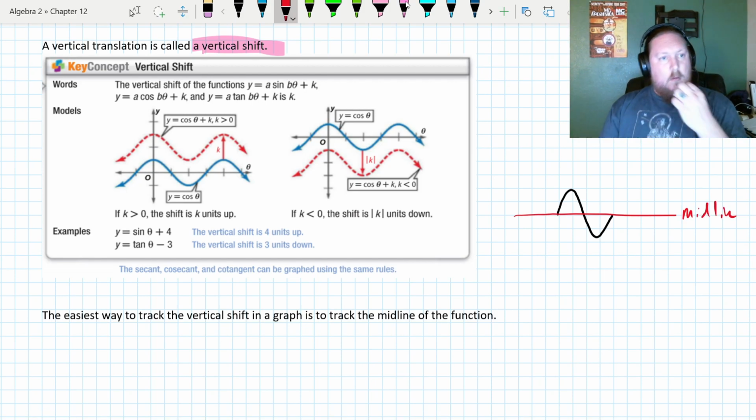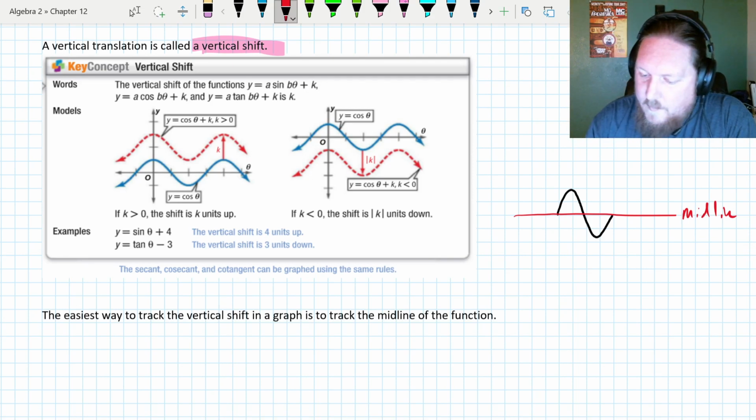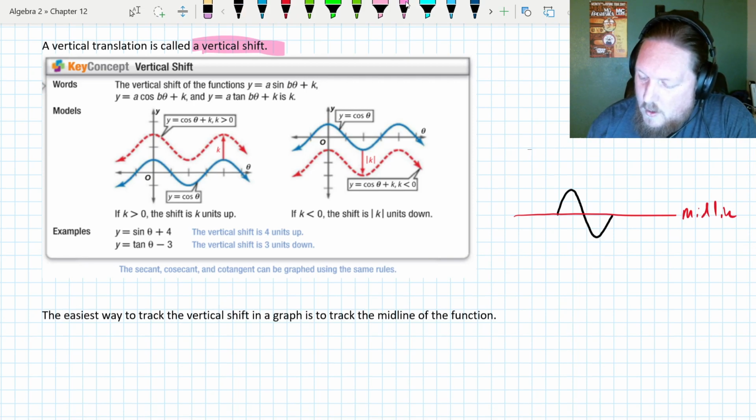We can think of this as the midline. Right now, for all the graphs we've done so far, except for the elephant one and maybe some word problem ones, the midline has always been the same as the theta axis. So, what changes is if we have our function like y equals, I'll write it below, y equals the sine of theta plus